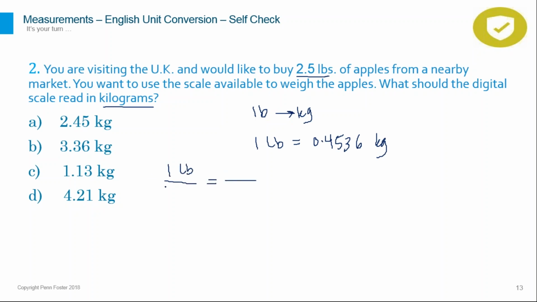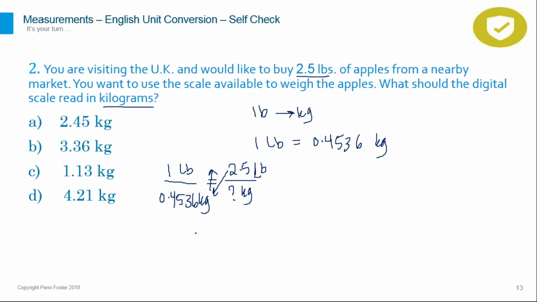1 pound is equivalent to 0.4536 kilograms. Keep the order on the second fraction. So on the top, I'm going to have the 2.5 pounds, and then I'm going to have how many kilograms on the bottom. I'm just going to multiply and divide 2.5 times that number. It's going to give you that